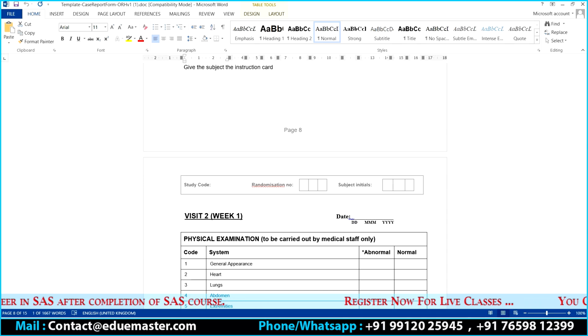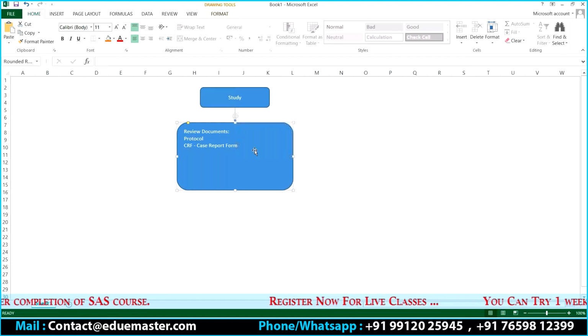So once I have this particular information, after the CRF I need something else that is a little advanced version of this. We can call it ACRF, annotated case report form. That is, we just have annotations there. So what is that? I'm going to show you anyway.